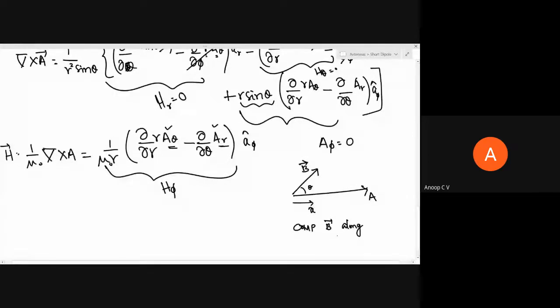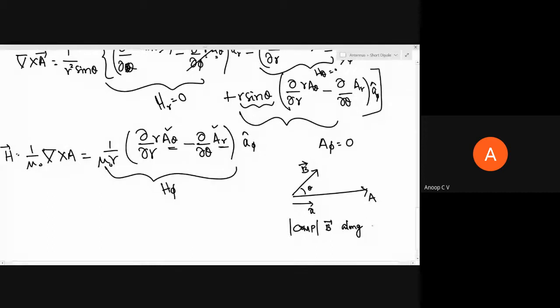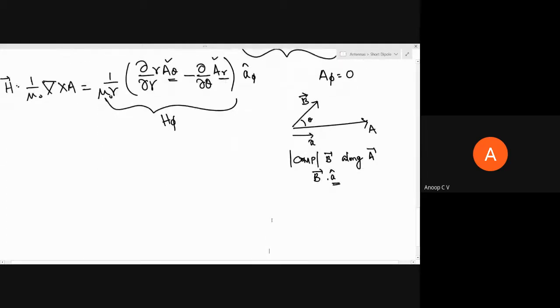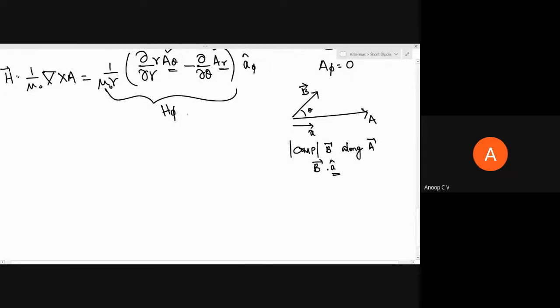along vector A, that will be given by vector B dot a cap, where a cap is actually what? The unit vector in that direction. You might have studied this. This is the very basic principle of conversion of a vector from one coordinate system to another. So now in our case,